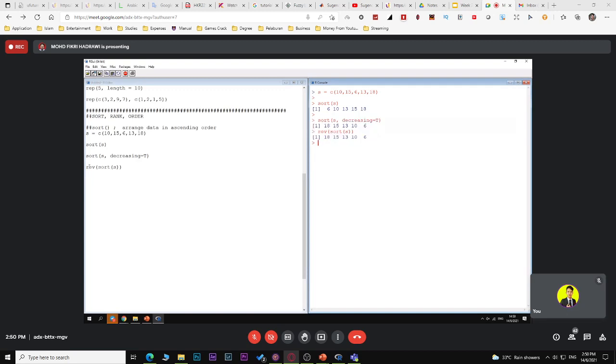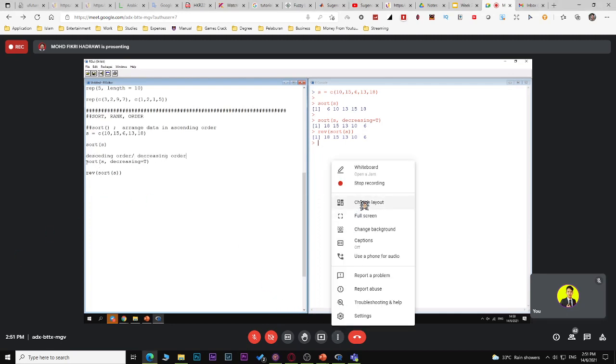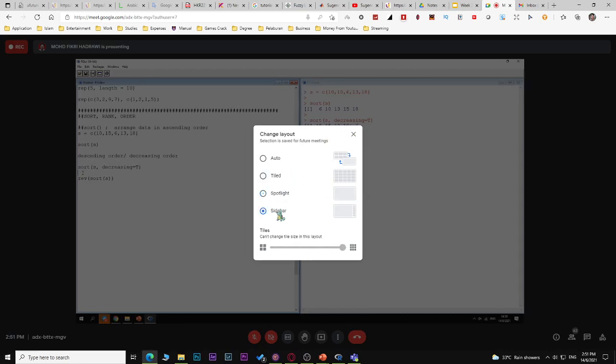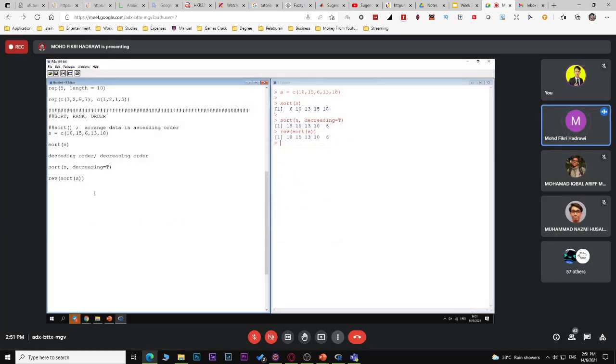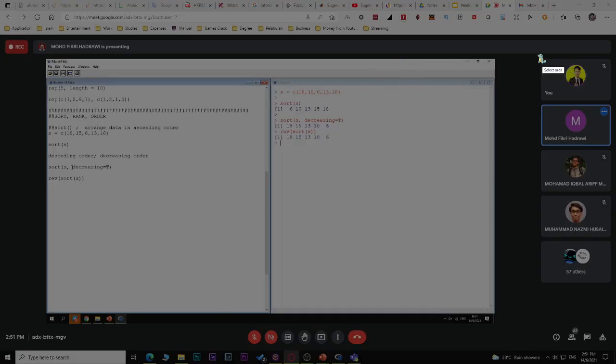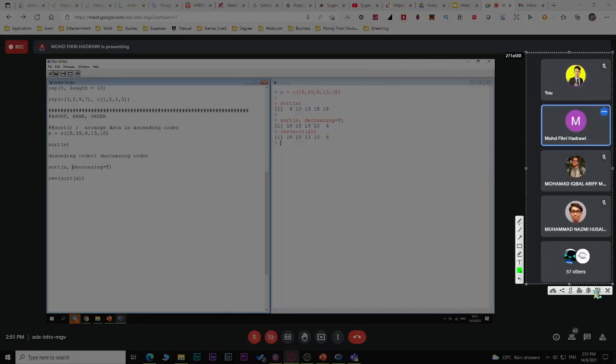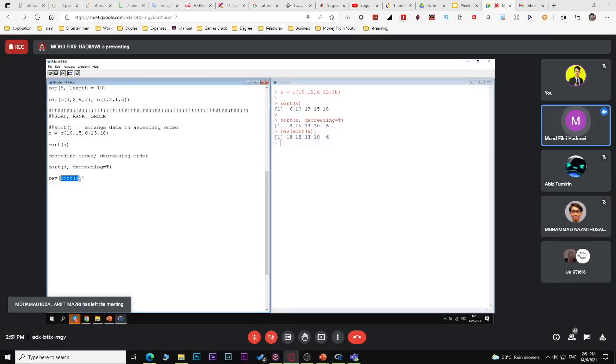So means that kalau you nak decreasing order atau descending order, we have two kind of method lah. Okay, first we are using a sort functions, decreasing equal to true, and the second one kita reversekan